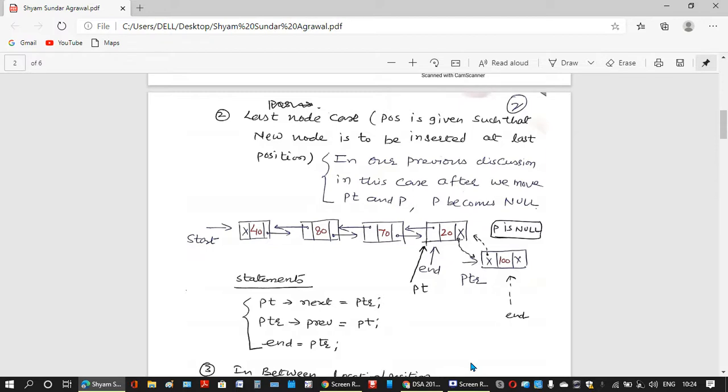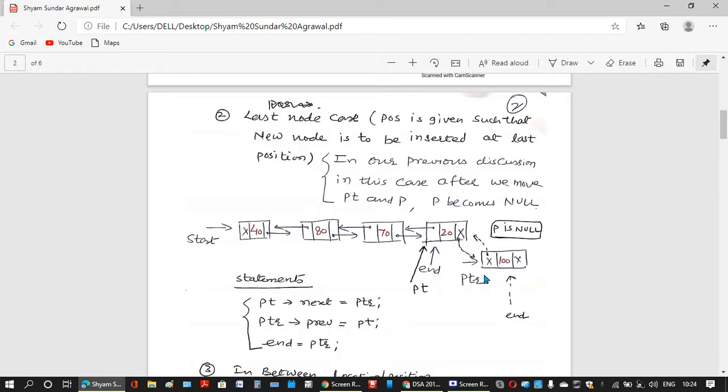Like I am giving only one option to the user, like press 4 or press 3 for insertion or press 2 for insertion. But I can also give options like press 2 for inserting in the beginning, press 3 for inserting in the end, press 4 for inserting in the intermediate, and so on. So in that case, you can use this directly.